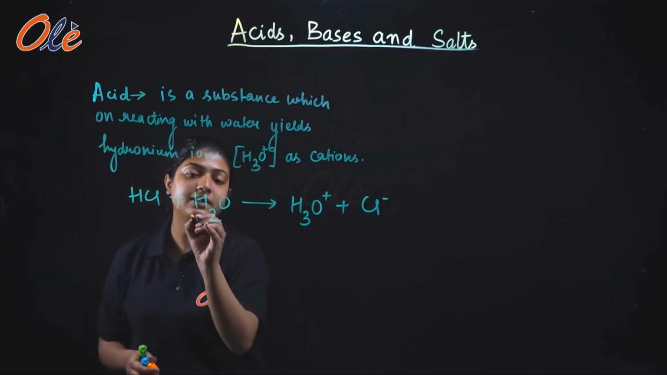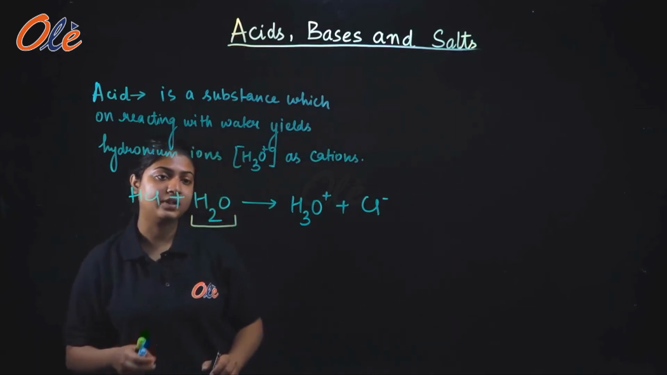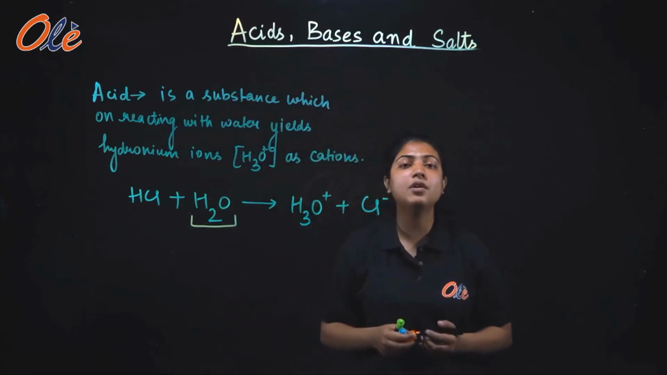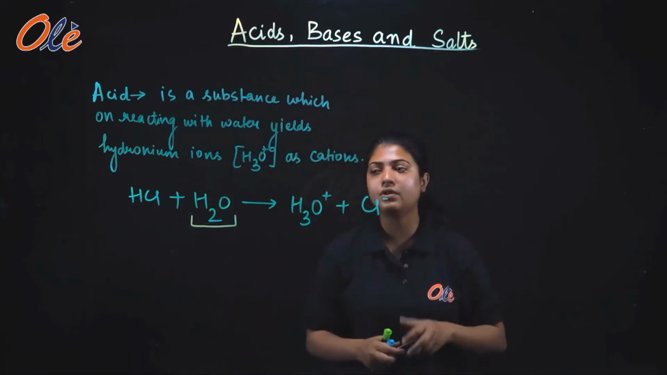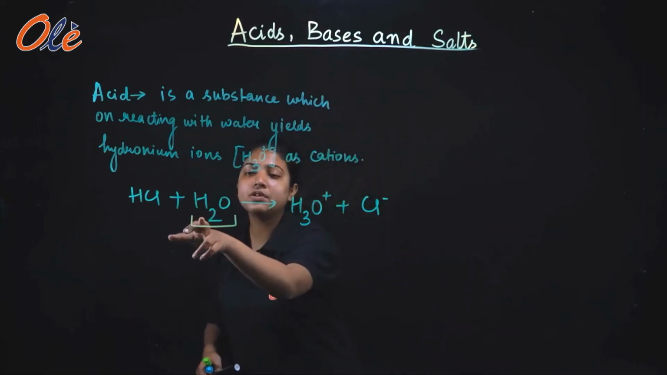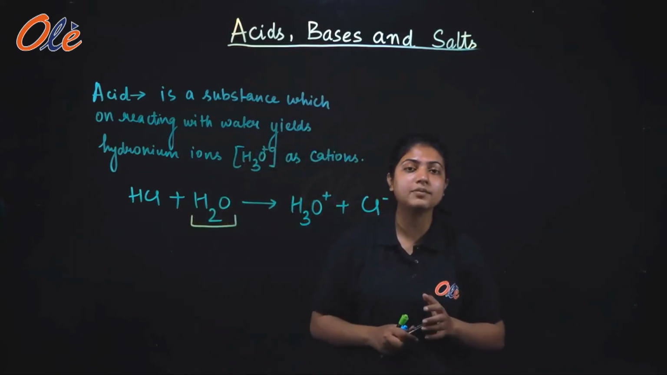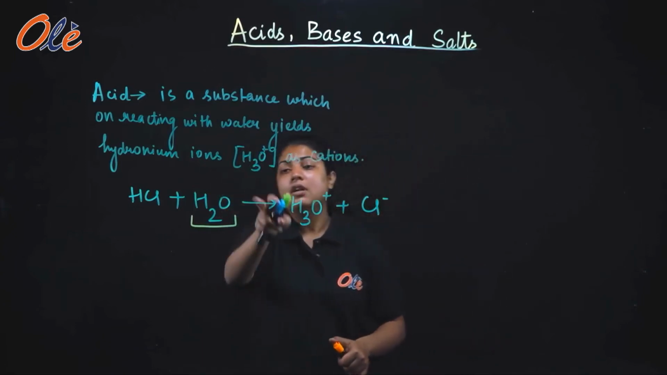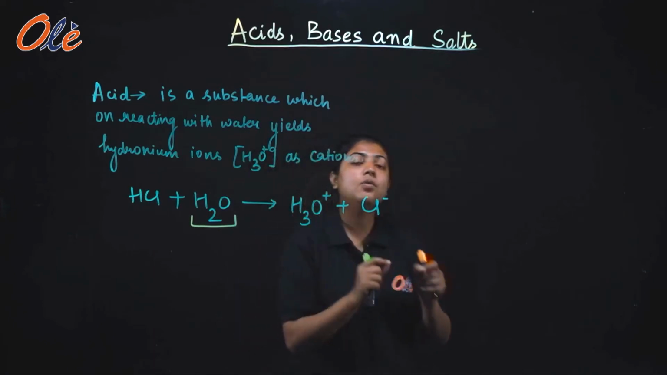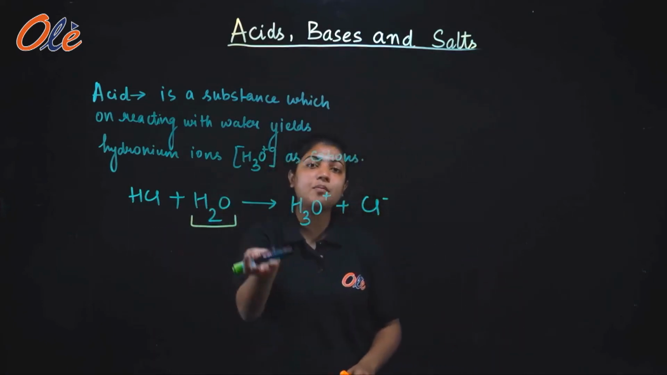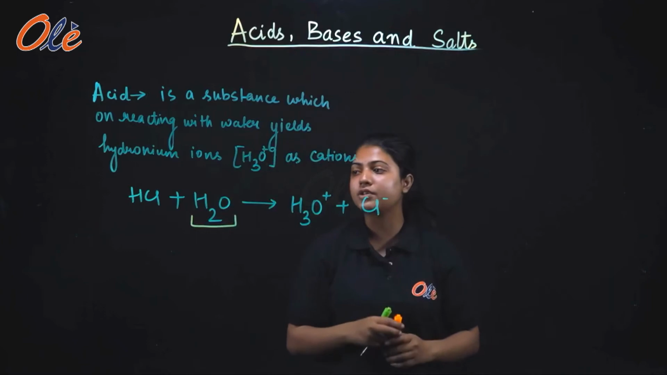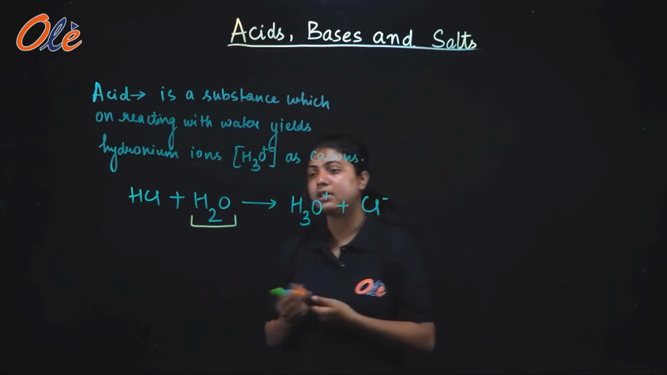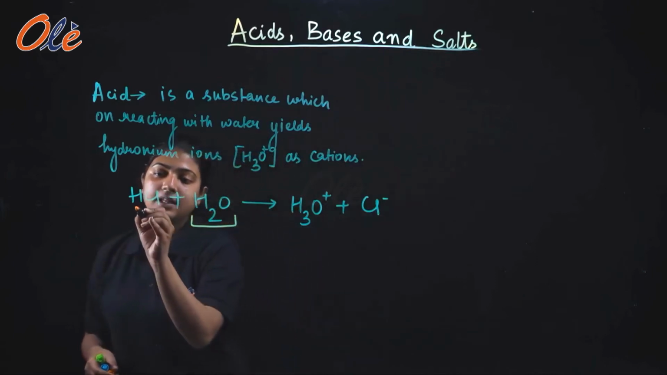For example, this is water. This is a molecule of water. So a molecule of water is electrically neutral because here, look, there are two atoms of hydrogen, both have a plus charge, and one atom of oxygen which has a 2 negative charge. So +2 and -2 become neutral. Whereas whenever an acid reacts with water, what happens is that